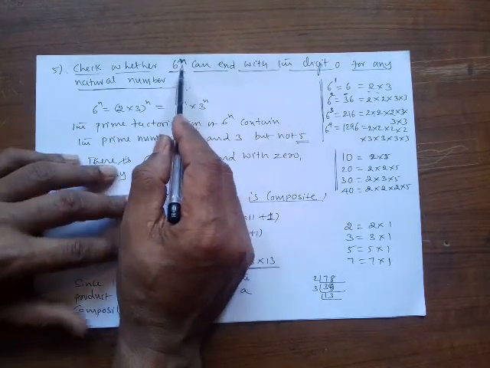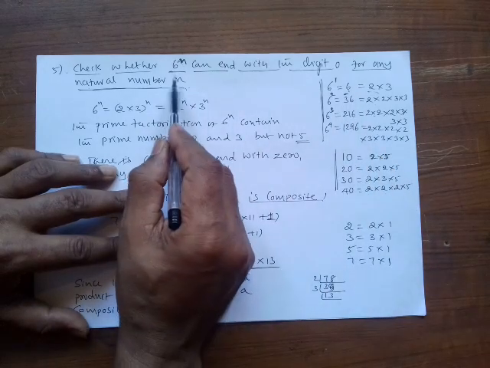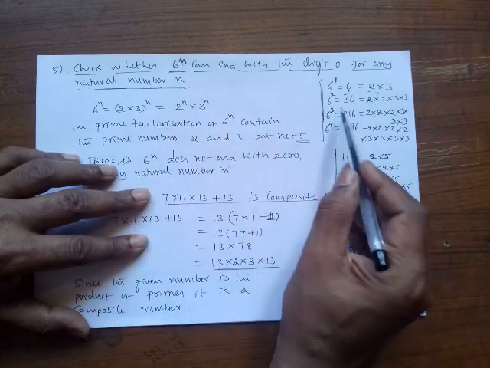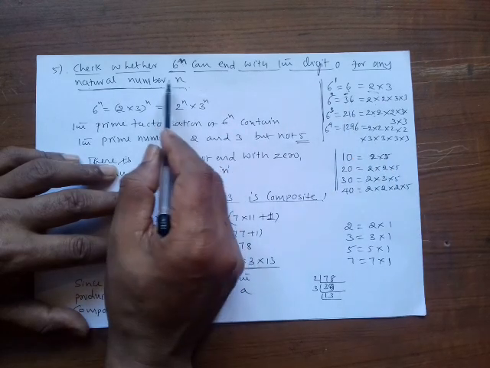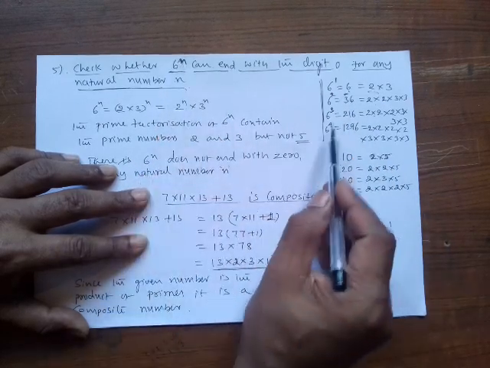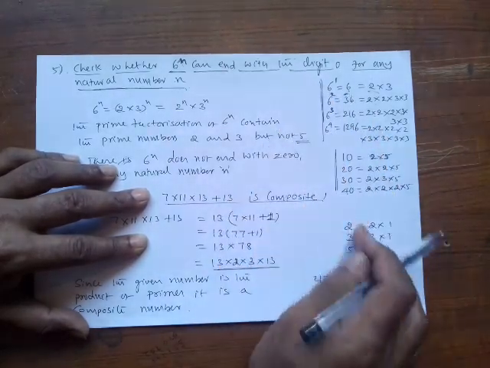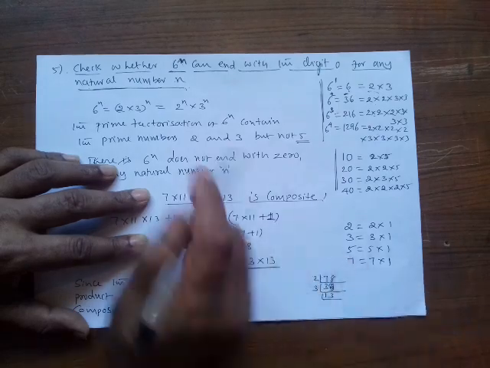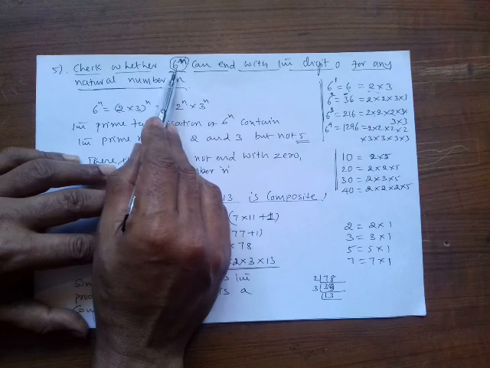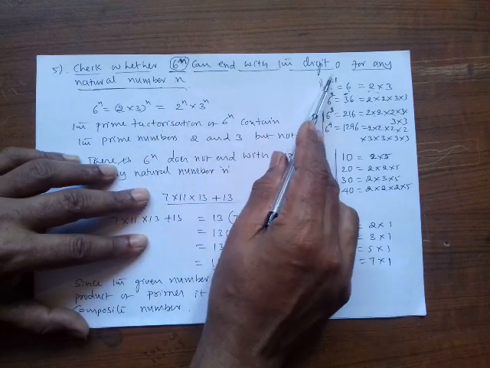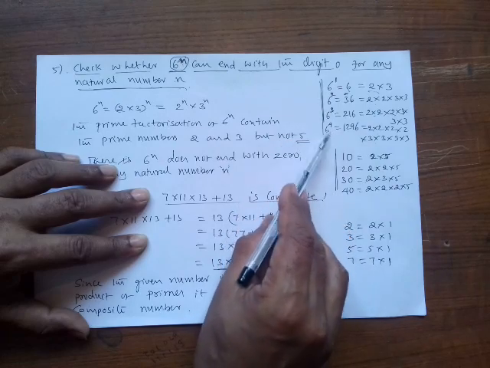If I assign 1 for n, it becomes 6. If I assign 2 for n, you will get 6 power 2, it becomes 36. If I assign 3, it becomes 6 power 3, that is 216. Like that, you can write as many numbers as possible. So this is not a single number. It is the general term: 6 power 1, 6 power 2, 6 power 3, 6 power 4, like that.